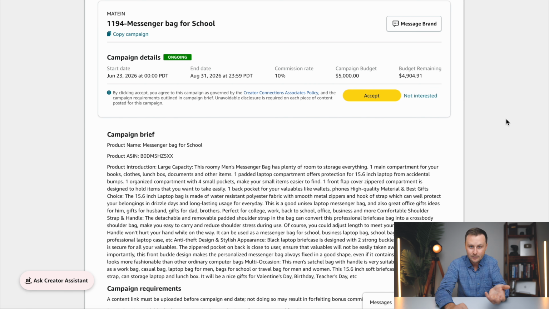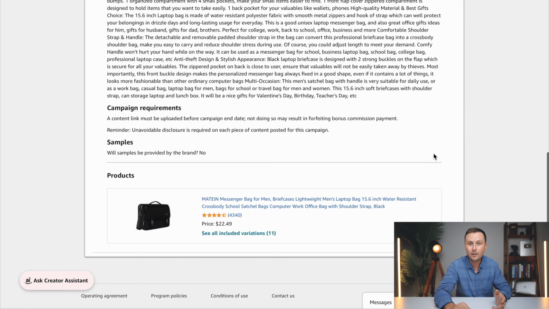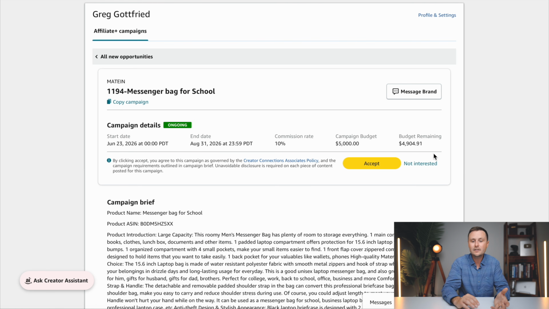So us as Amazon influencers, we can accept any of these campaigns. There is no harm, no foul. Even if we don't own the product, we do nothing about it, you can accept that campaign. It's not a problem. But ideally, what we want to do is find all of these campaigns as they come up. Like tomorrow, someone could create a campaign on a product that I've already created a video on. Well, you kind of always need to be searching all of your videos to see which ones have these campaigns, and then come in, accept the campaign.